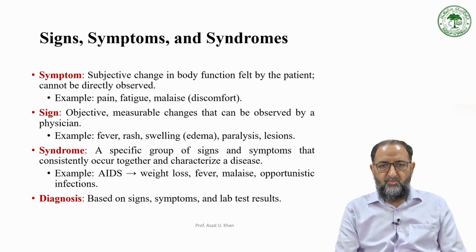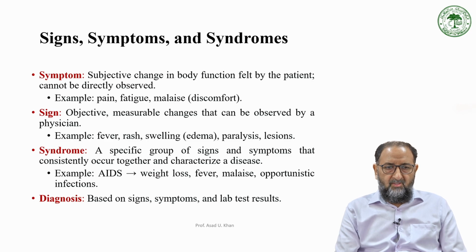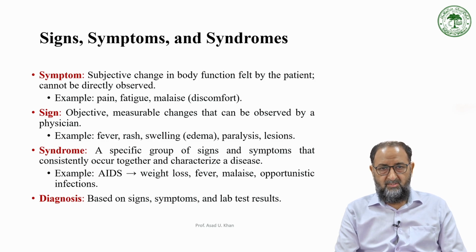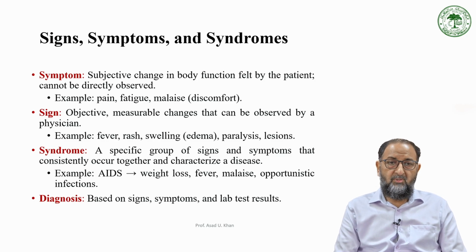Now, what are the syndromes? A specific group of signs or symptoms that consistently occur together and characterize a disease. For example, AIDS: you have weight loss, fever, malaise, fatigue, and opportunistic infections. They're all a kind of syndrome, so we define these as syndromes. Then we have a diagnosis. Diagnosis is the word we use based on the signs, symptoms, and lab test results. So these are some important terminology to understand before we look into the host-parasite interaction leading to some